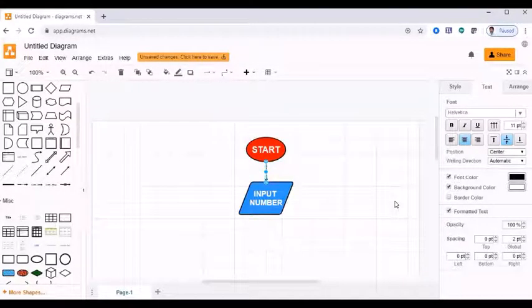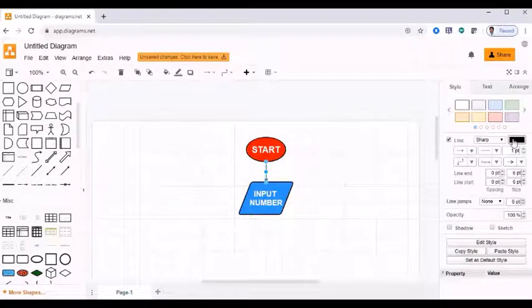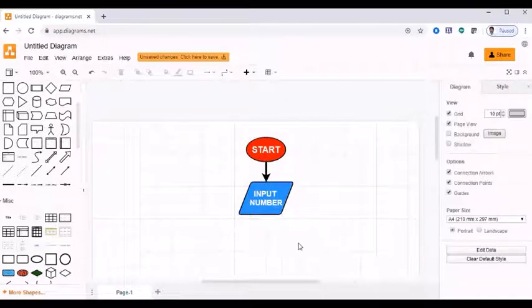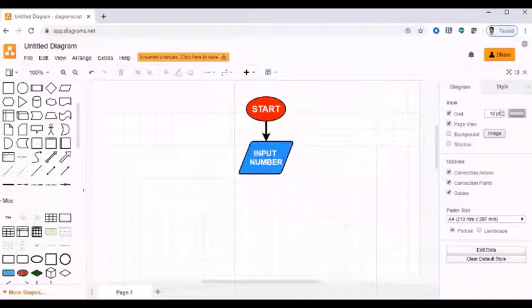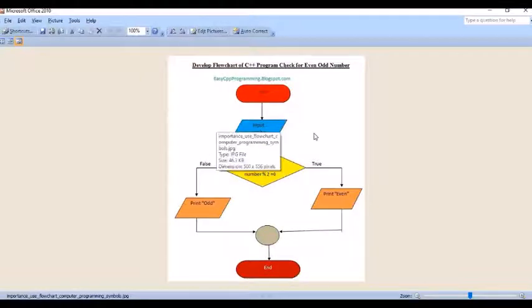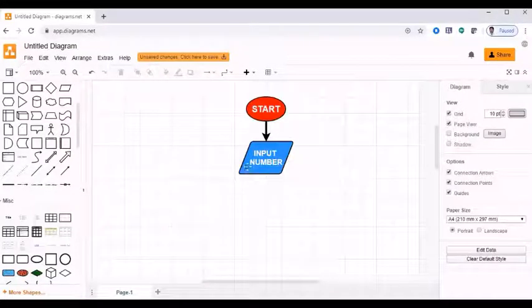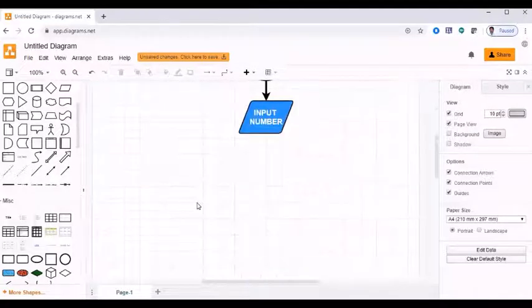So that is not an issue. You can change the style, you can change the colors, all the things are possible. If you want to increase the line thickness, you can increase the points from the right side panel. Like that we have to go on completing all this with the basic symbols available, and you have to complete the chart creation.